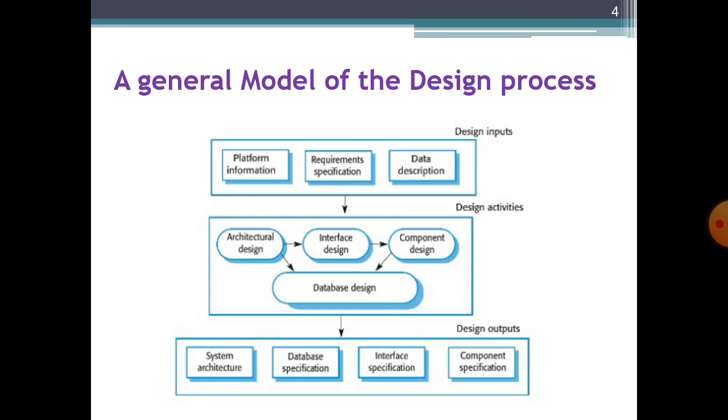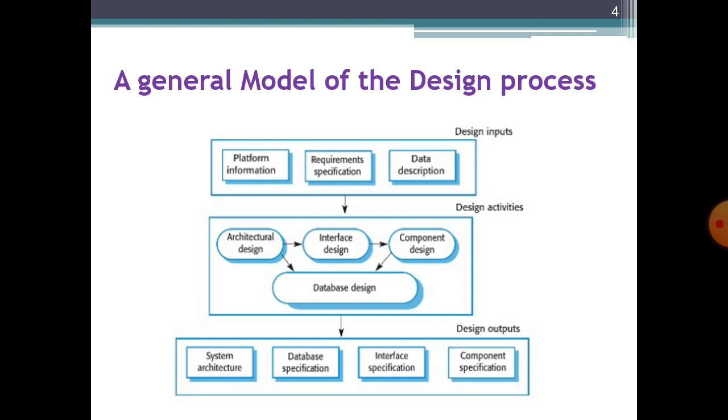So students, the activities in this design process vary depending on the type of system being developed. For example, a real-time system requires timing design but may not include a database, so there is no database design involved. This figure shows four activities that may be part of the design process for the development of any system or a project for your company.